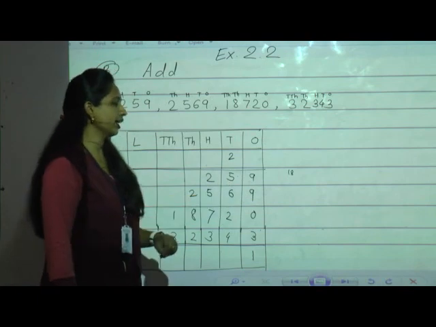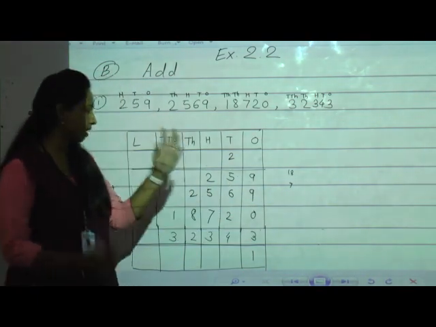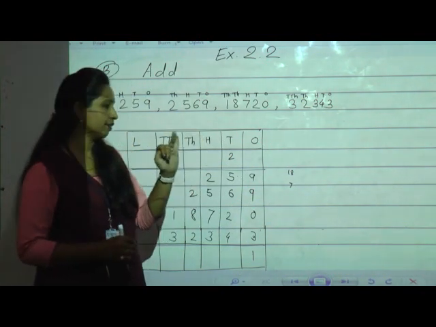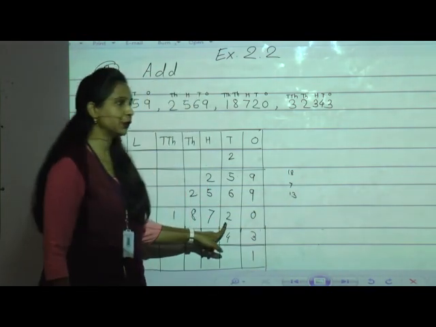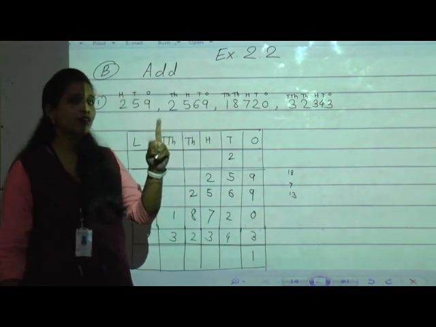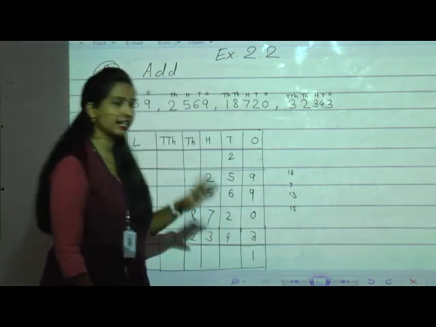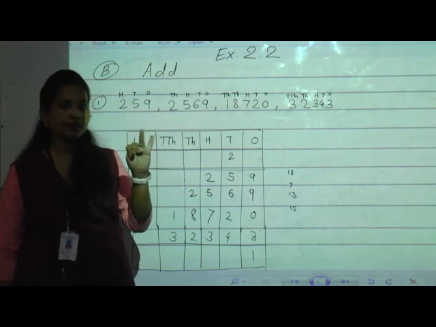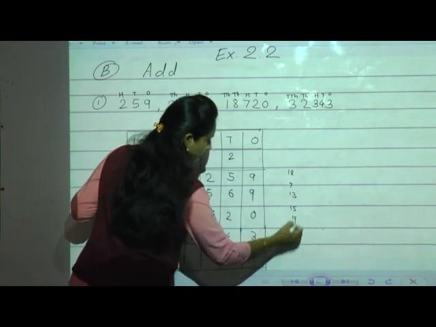Now 2 plus 5, 7. 7 keep in your mind and keep 6 on fingers. 7 after: 8, 9, 10, 11, 12, 13. Okay, I'll write here roughly 13. Add 2. 13 after: 14, 15. So write here 15 and again add 4. 15 after: 16, 17, 18, 19. So the answer is 19.